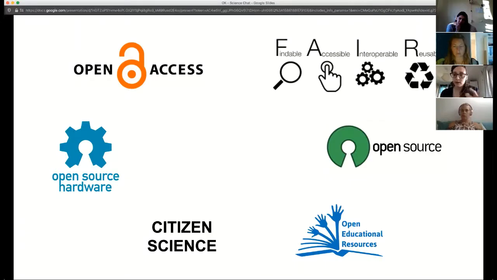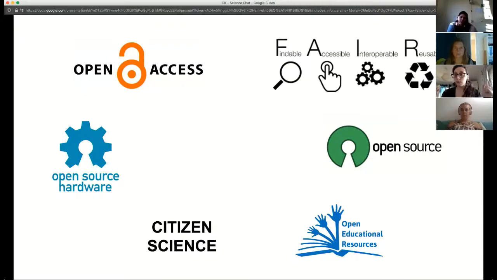So FAIR data is a standard that came up not so long ago, but is worldwide enhanced now, and is trying to foster scientists and also people outside academia. But in science, it's very clear that you have to have proper metadata about your own research data, indicating how it was obtained, how it is organized and structured, how people can use it or reuse it. And then it has to be findable, accessible, interoperable and reusable. So we will see some services that are in place to do this.